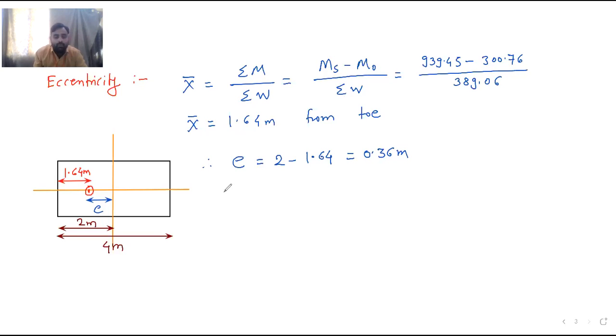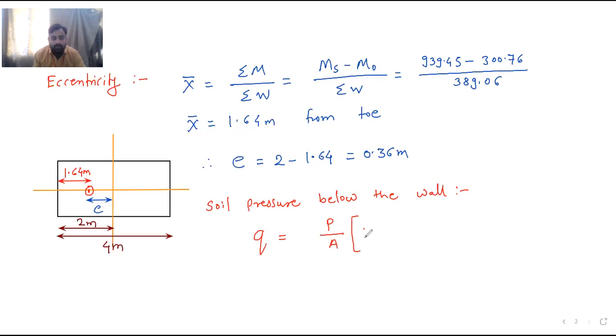So soil pressure below the wall, that we are going to calculate. So you know the formula for the soil pressure, Q max and Q minimum. So I will write in general, Q is equal to, what is the soil pressure? Q is equal to P by A